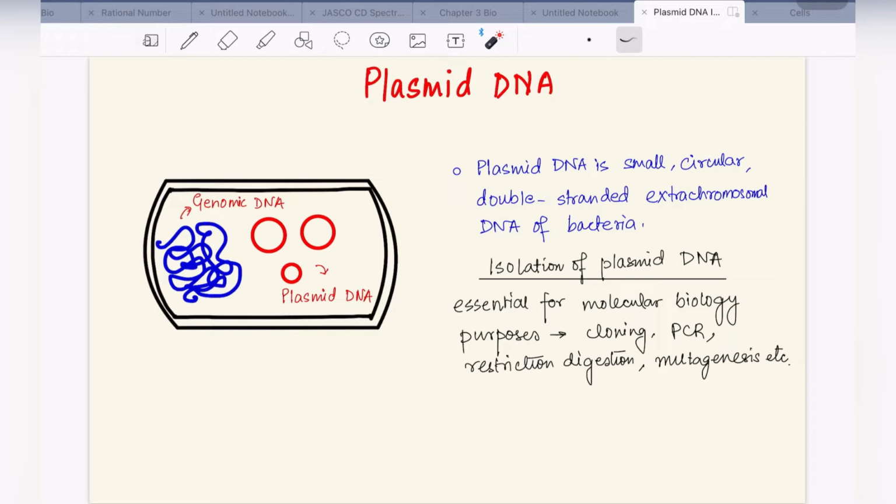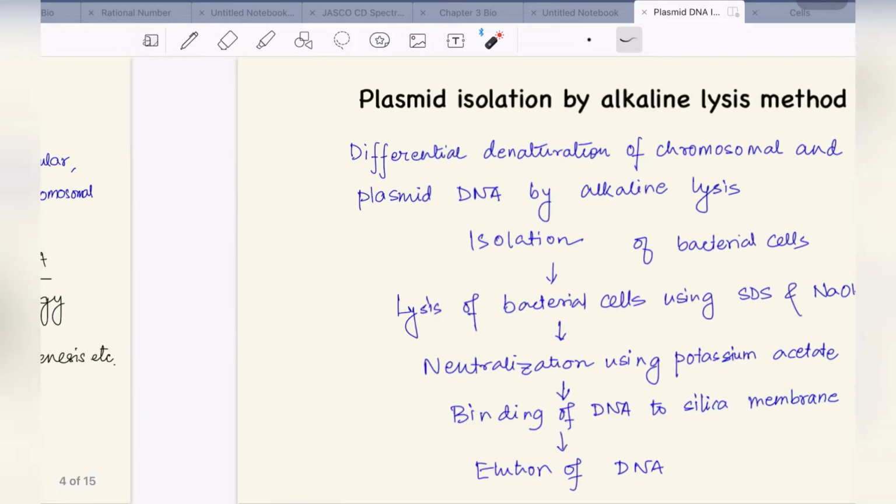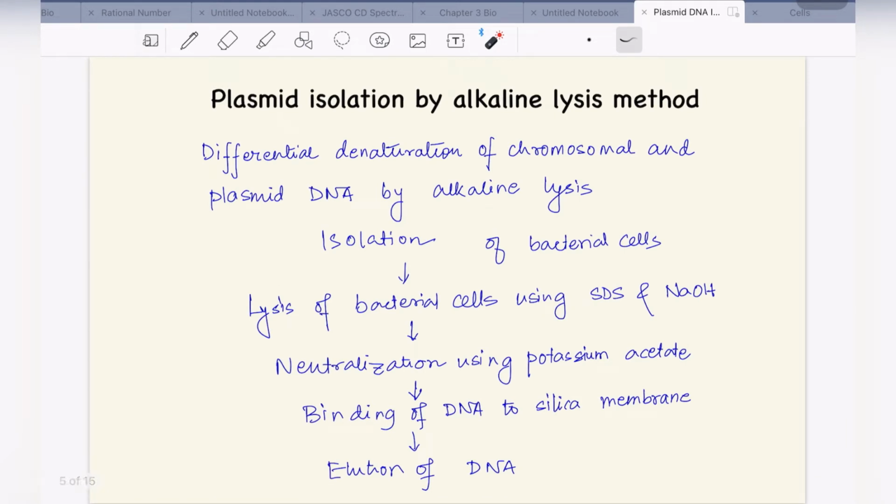Now, why do we need to isolate these plasmid DNA? Because we need to manipulate this DNA. We can insert our new genes, we can modify these genes, we can express these genes in bacteria. So because of that, the first step of these molecular biology procedures will be to isolate the plasmid DNA from the bacteria. So this plasmid DNA isolation depends on this principle that it differentially denatures the chromosomal and plasmid DNA